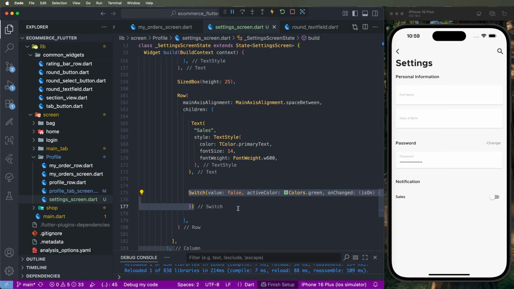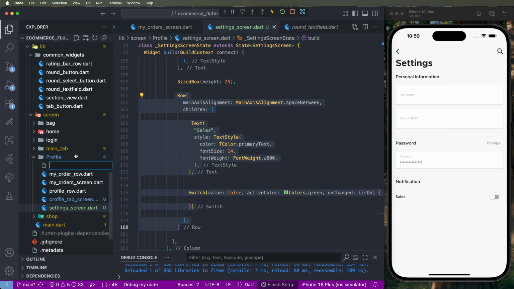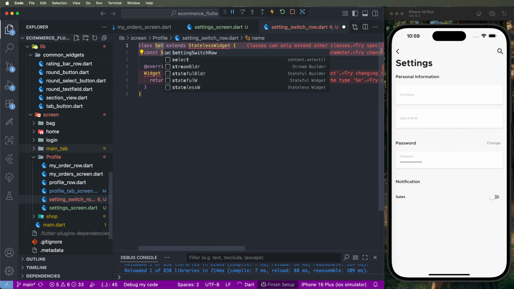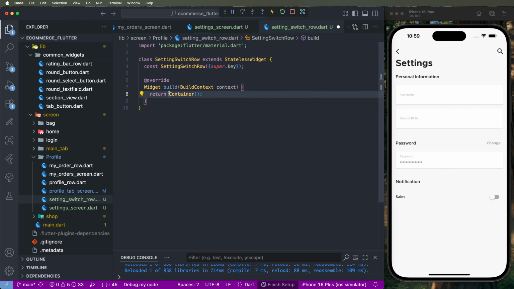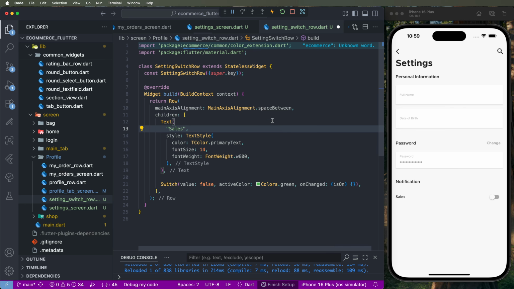Now need to convert into the common row. Need to copy these ones and we need to create here the new files, and we need to give this here the name switch row dot, setting switch rows. Create here the stateless widgets. Give this here the name setting switch row and import this here the material dependency. Now need to paste this line of codes, import this here the color extensions, and we need to declare here